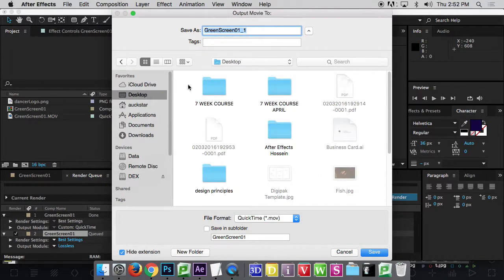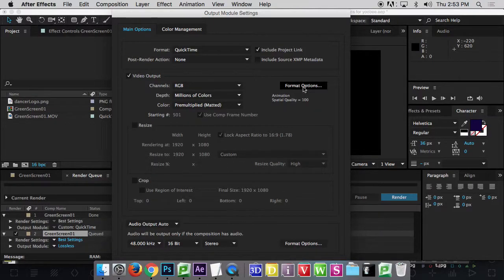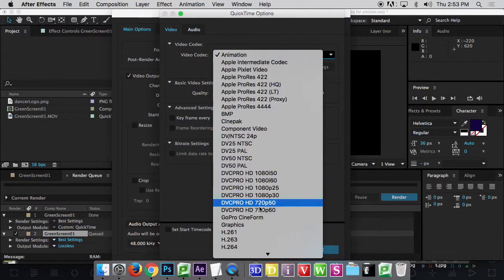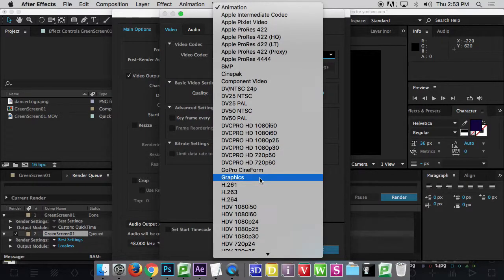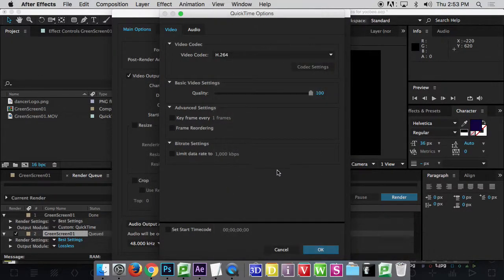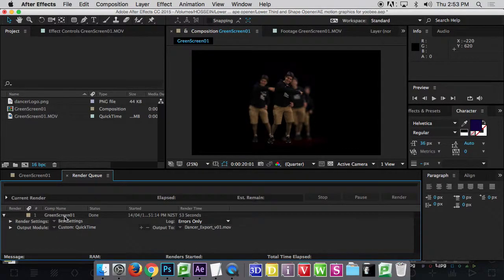So I want to save it on desktop with a name Test. And then just click on this lossless and change the format option to H264. There's a million different formats. Don't think about them. Just H264, OK, and then enter, and then press render. Done. It will be created. OK, so